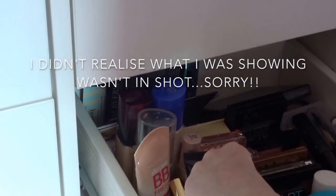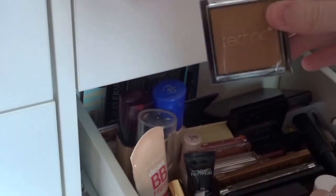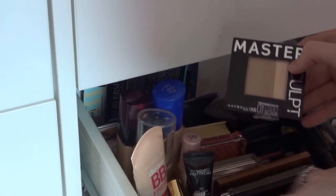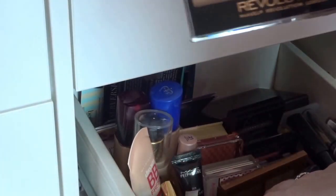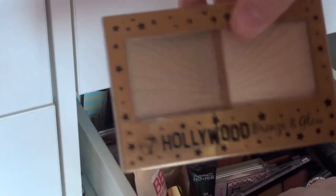So I have a Claire's one which is really old, a MUA Shade 2 powder, knit bronzer, this Sporty So Clear Anti-Spot Pressed Powder, Maybelline Master Sculpt which used to be my go-to contour palette thing, a Collection Contour, Highlight and Sculpt Kit, a Revolution Bronzer Highlighter and Blush, W7 Hollywood Bronze and Glow which is like a dupe for the Tilbury one,